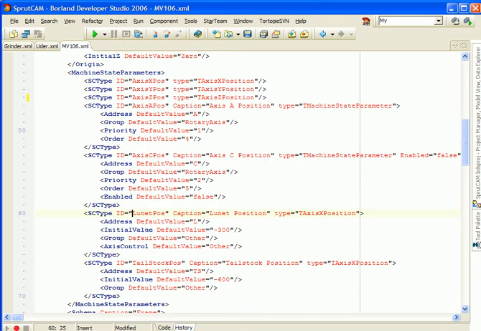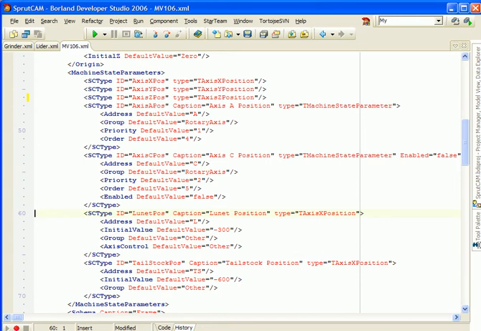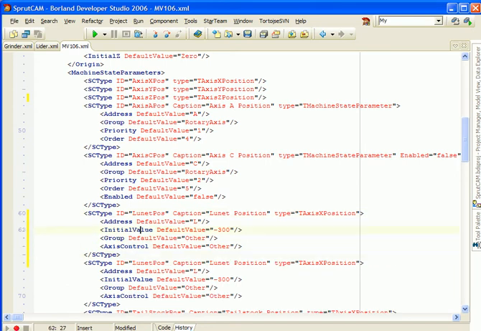For example, creating a new parameter, Walter X position, caption. It is the address, initial value is 0, group other, access control other, and